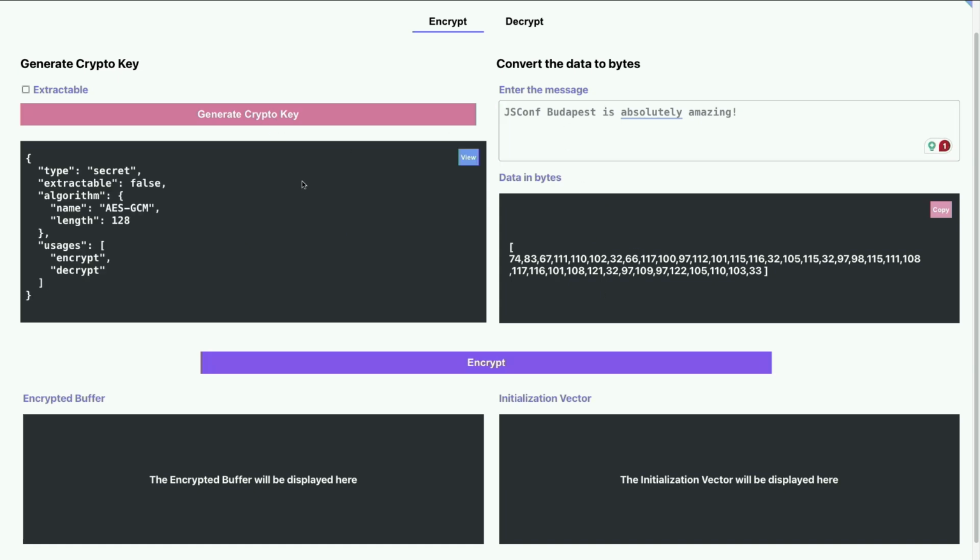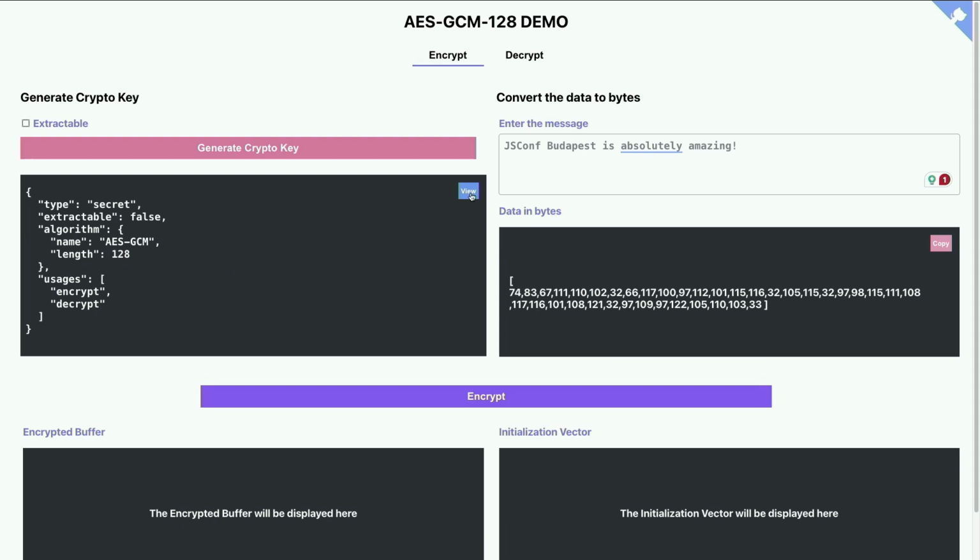Let me generate a CryptoKey here. Now if I try to view the CryptoKey, it says key is not extractable, because as you can see, the extractable parameter is set to false here. Now let me mark it true and try it again. And now if I try to view it, I am able to view the CryptoKey, basically the bytes of the CryptoKey.